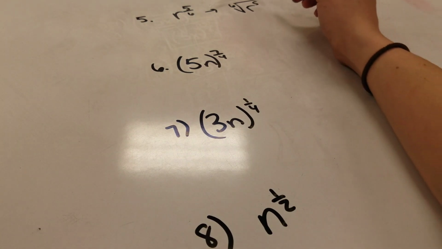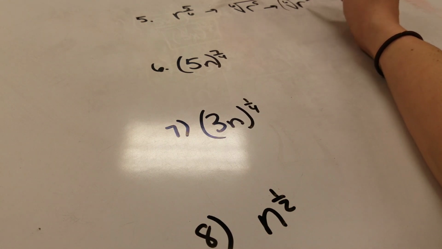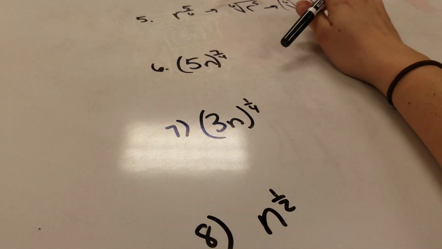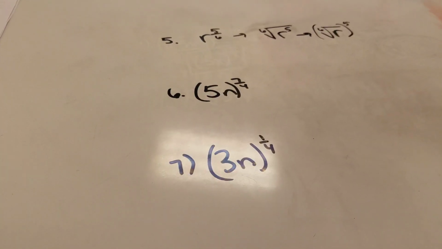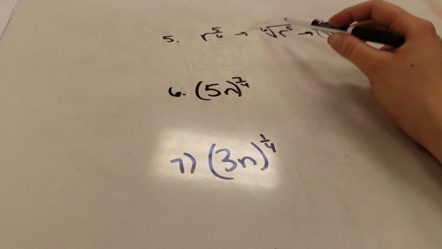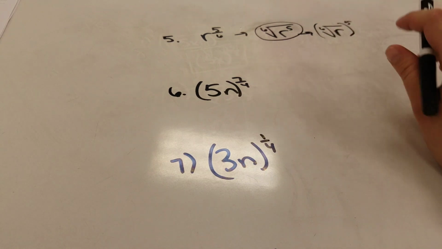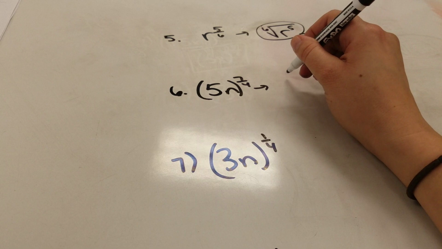Now technically you could write it as the 6th root of r all to the 5th power, but you can see which one's more condensed. Which one is more condensed? Probably this one. Okay, so technically they're both right, but I would prefer trying to write it as condensed as possible. Number 6, we would write 5n